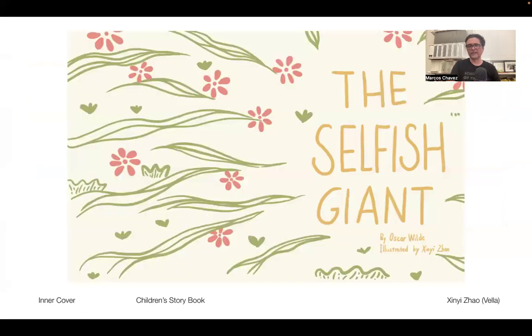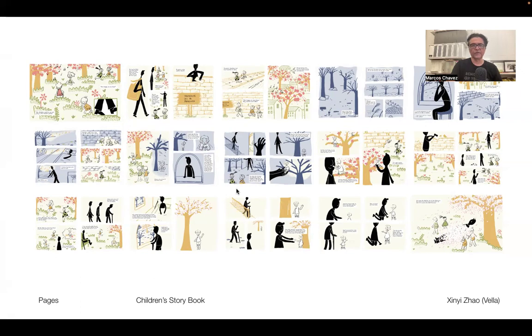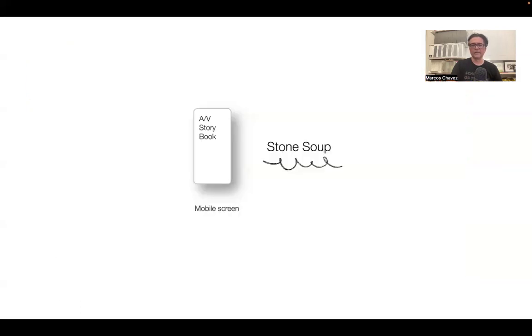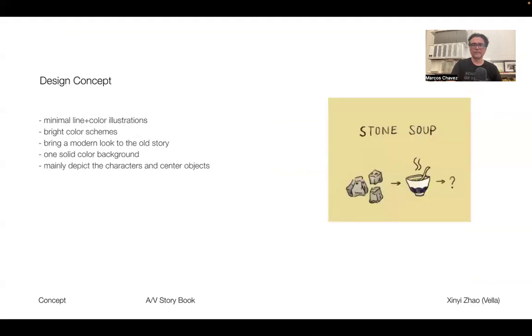Again, the book is in their hands. So she opted not to show all the spreads. And I think even though I'm saying show all the spreads, I think that's perfectly fine if you don't show all the spreads, if there's a reason for it, like this, where it's such a big book that it was too much to do. And then she shows her audiovisual book, same process, talks about the history of the story,